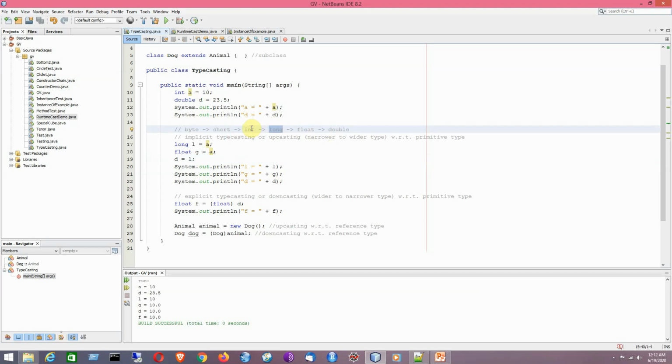say upcasting and downcasting with respect to primitive types. So far we have dealt with upcasting with respect to primitive types. Now I will be referring to the downcasting or explicit typecasting. That means